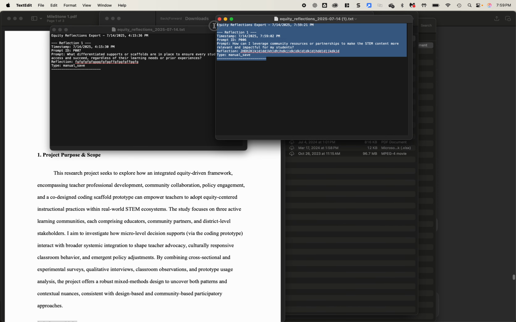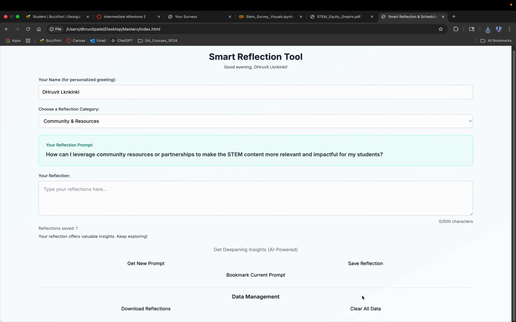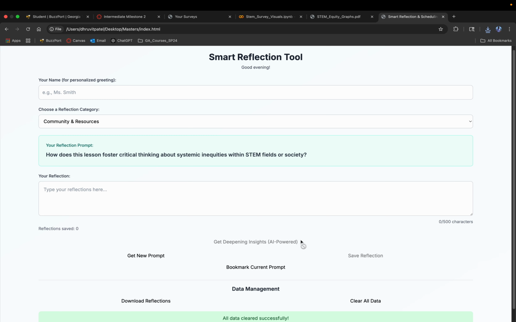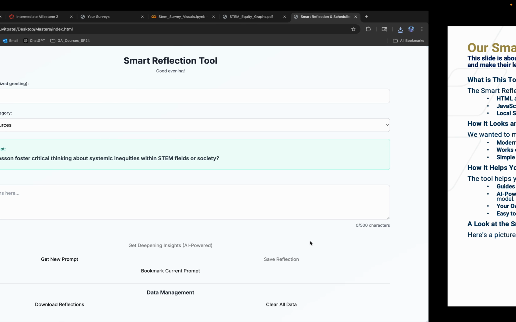Note here, it gives all the timestamps and the data inputted, just a feature for the STEM people to download it. Also, there's a feature called clear the data, which basically wipes out all the data selection and information entered in the web page. Note, I'm also working to maybe add an AI feature just to get some more insights on this tool. But this is what I have created so far as part of the current state.